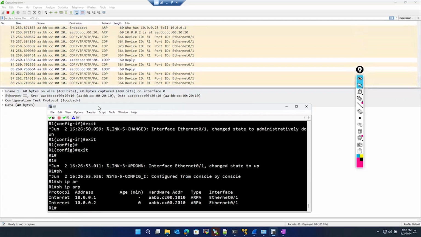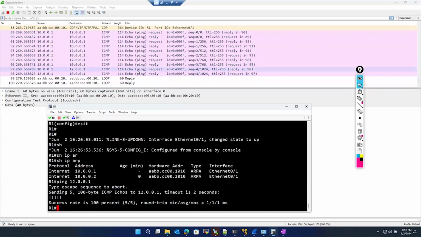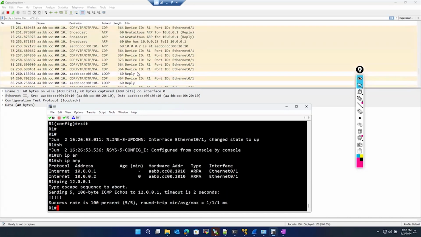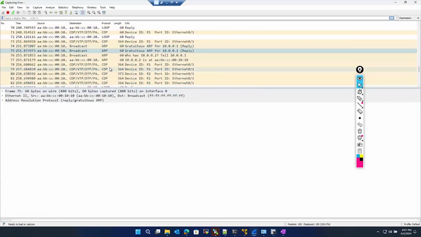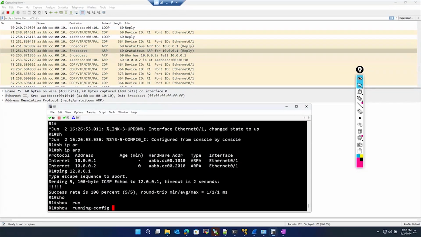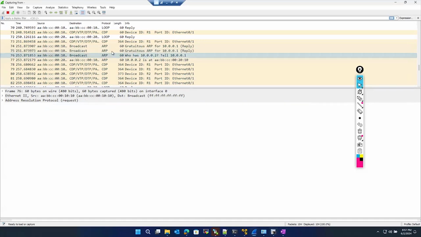So if I do a ping to 12.0.0.1, ARP is not flushing out here. Okay, so what is my destination IP address here? Show run include IP route. So I get a gratuitous ARP, and if you actually see this, right, I flushed, and if you look at this,